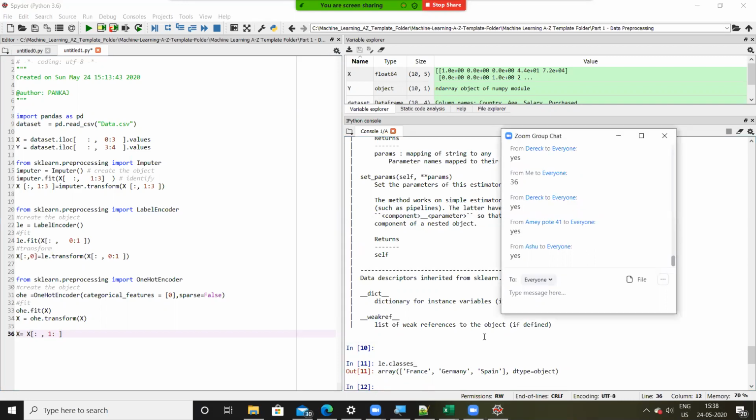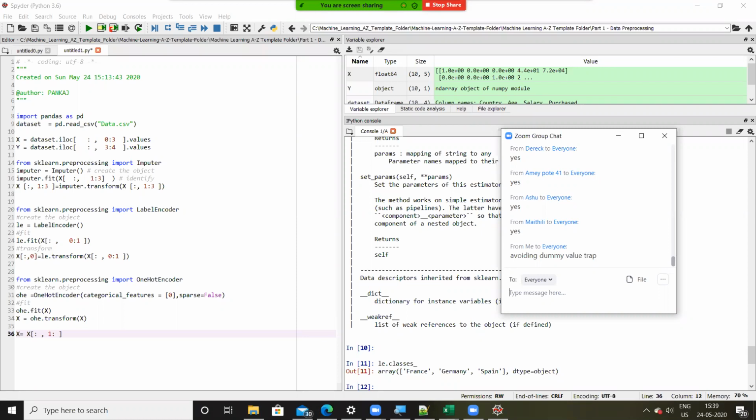Is this clear, everyone? I just see responses from Derek, Amay, Ashu. What about others? Perfect. This process is called the dummy value trap. This process is called avoiding the dummy value trap. What is avoiding the dummy value trap?